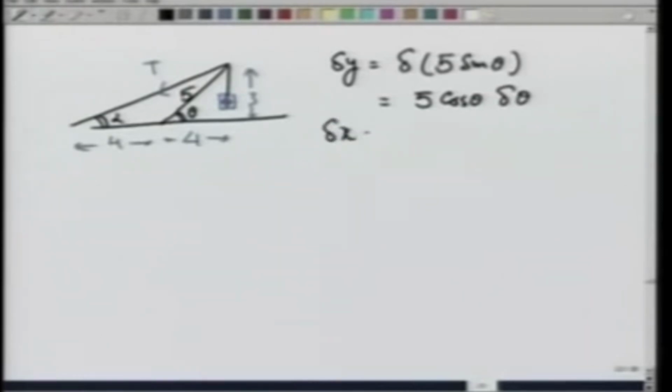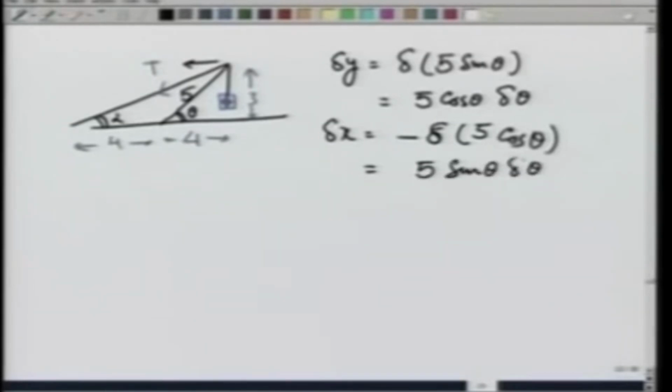Similarly, delta x is going to be in the negative direction, x is going to decrease. So I am going to write this as negative, or just keep in mind it is to the left, and it is delta of 5 cosine theta, which is 5 sine theta delta theta towards the left. We have calculated both x and y components, and therefore the total work done delta W